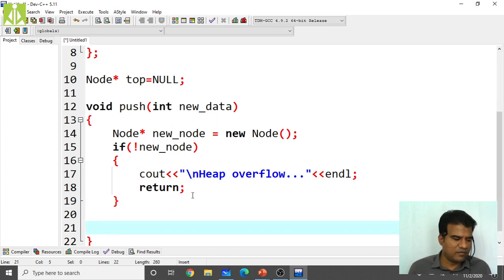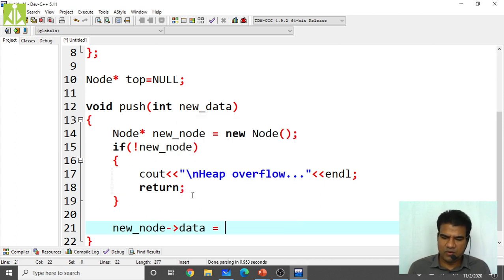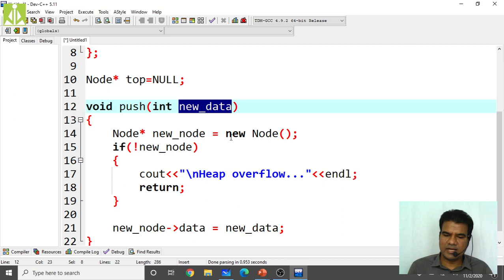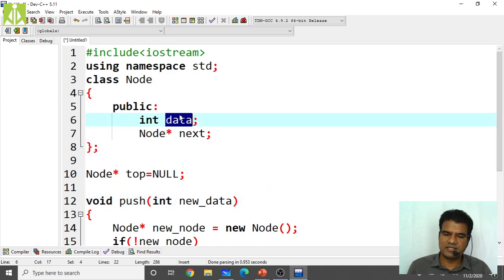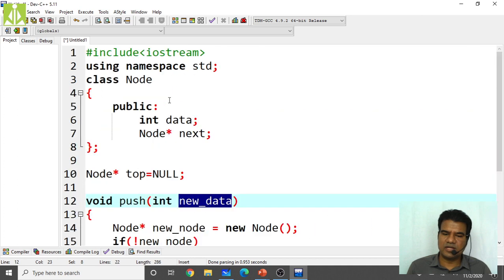If there is no memory overflow, what we have to do is assign new node's data equals new data. The reason for taking this parameter as new data is because we already have data inside our node. If I take data only here also, then you will get confused.